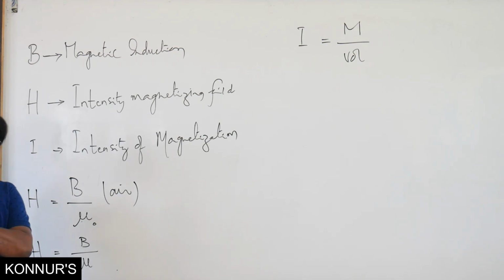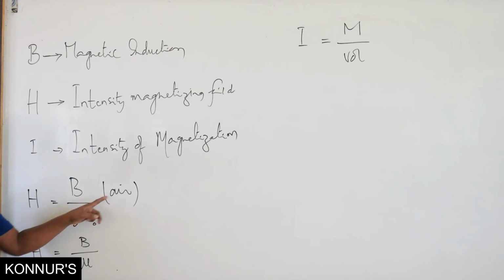And we are not going into any more details. Why H, how it is different from B, and what is the correlation. See, let us not go into details, only for NEET and CET. H equal to B by mu naught if it is in air, or else if it is in any other